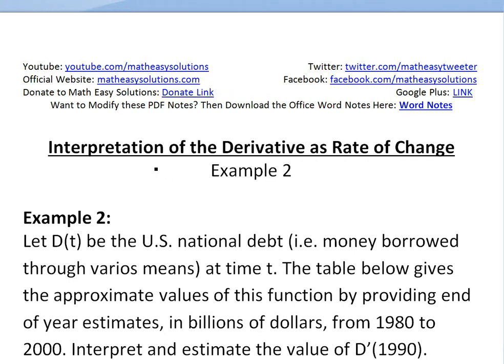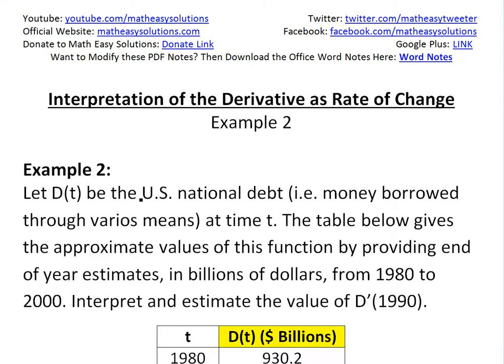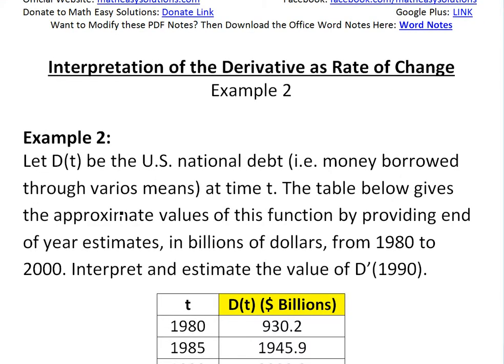Here to discuss further the interpretation of the derivative as a rate of change. Now look at example 2 of this video series. You can see the earlier videos in the video links below. Basically this example was a useful one in my calculus book, and it states,